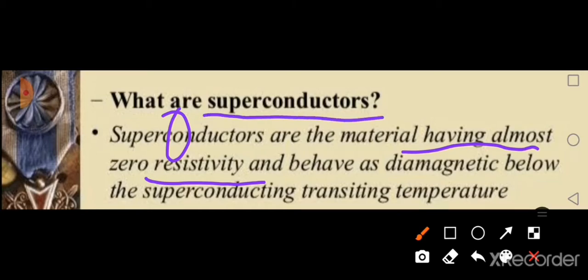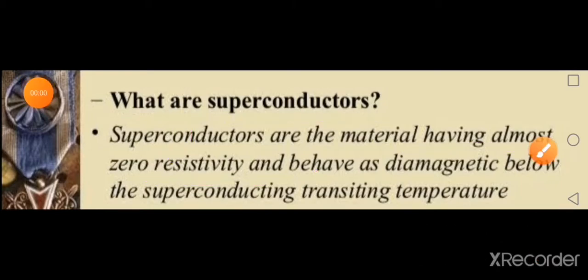Now these superconductors are not in common use because it is very difficult to achieve such a very low temperature. But they are actually useful in some cases, like the size of computers can be reduced to a few centimeters, or power lines can be made of a very thin single wire. It is not of much use due to the difficulty of preparing it at such a very low temperature. This is all about section A of your 8th chapter.